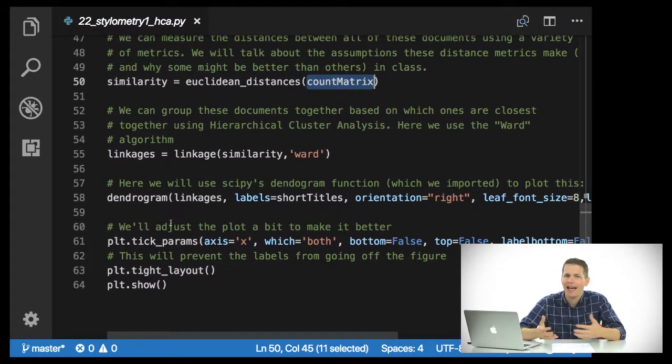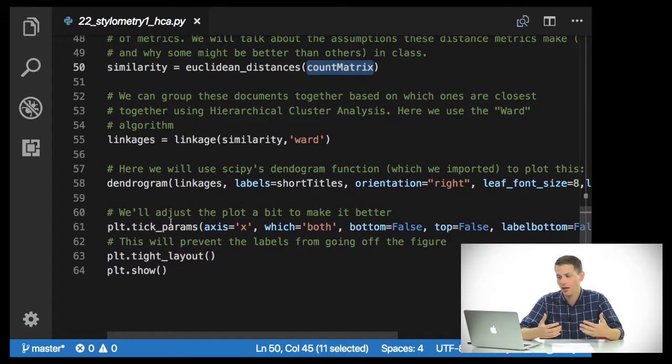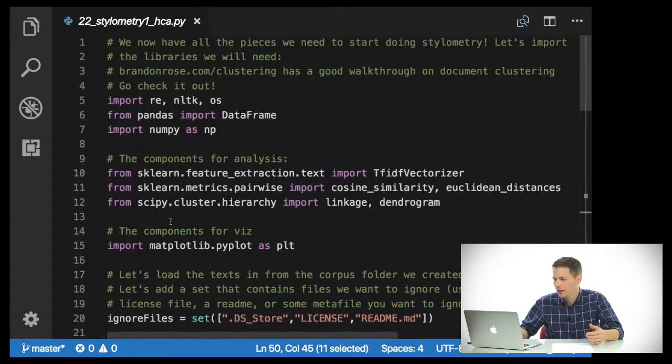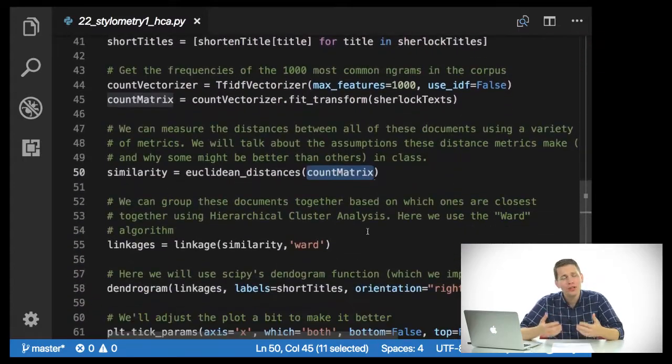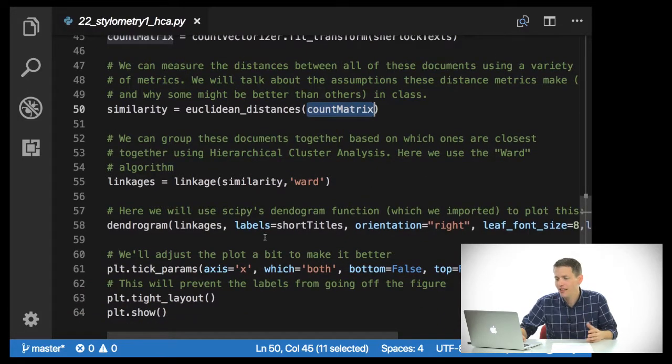Then, once we have all of these different documents clustered together based on the Ward algorithm, we can feed that into the dendrogram function that we imported from SciPy, which is the scientific Python library. We can use the dendrogram function from SciPy to actually visualize this in a dendrogram, which is a tree visualization. And you'll see that here in a second. And I'll talk a little bit about how we might interpret something like this. So we give this dendrogram function the linkages, which are the connections between the documents that